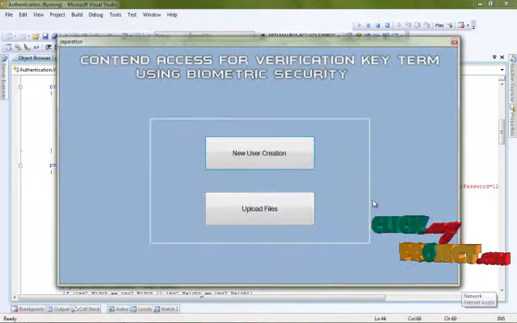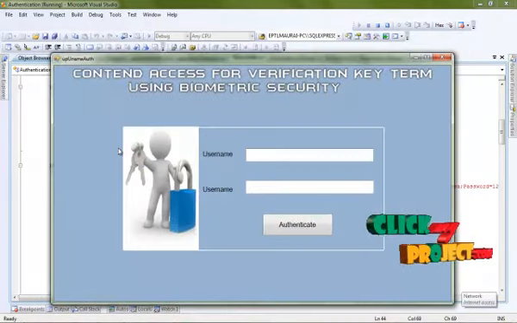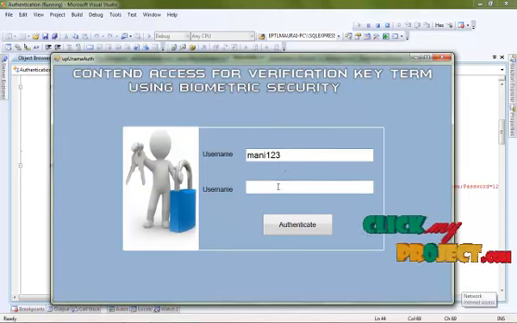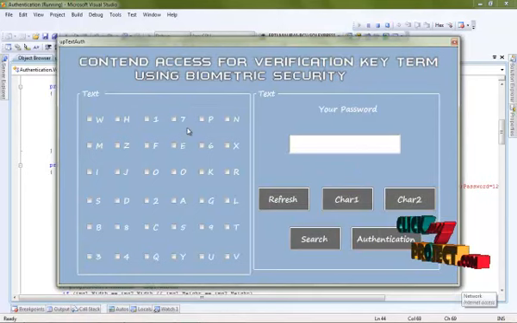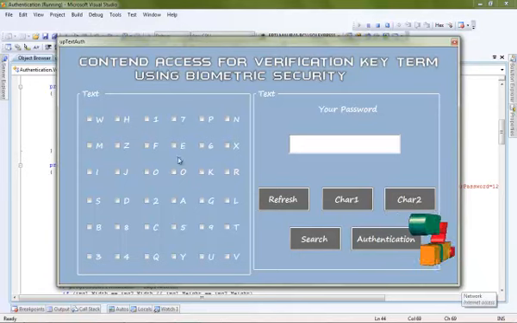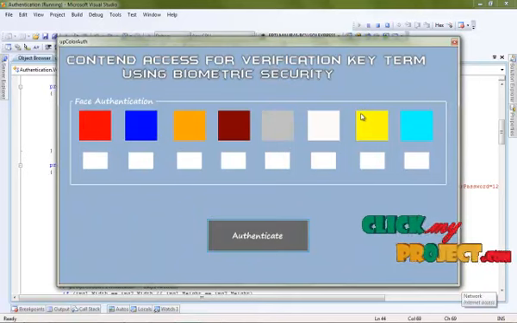This process is to upload. So click the upload button and the data has been uploaded. Username is money123 and the password is 12345, then click the authentication process. In this process, enter your password as O, then your row, entering for process E K, click to chart 1 and 7, click to chart 2 refresh for the process. Your text password is O, then click the authentication process, it runs automatically.